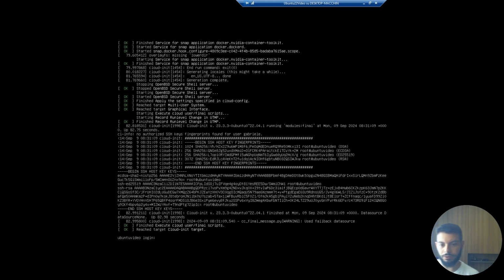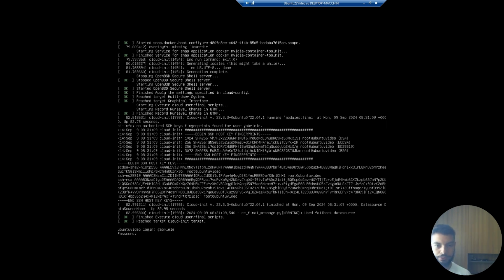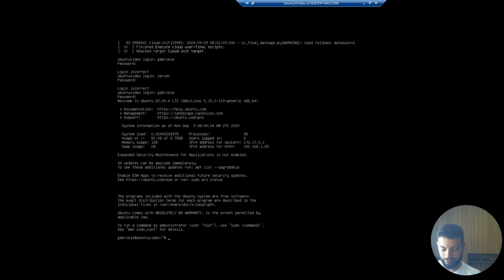Okay, now we can log in. As you can see, I typed the password, but it didn't show. Useful information to know: you have to use the numbers that are on the top of the keyboard, not on the right of the keyboard. This is a very common mistake that I still make sometimes. Okay, so we have our machine ready. You see that we already use 50% of the space I decided to use.